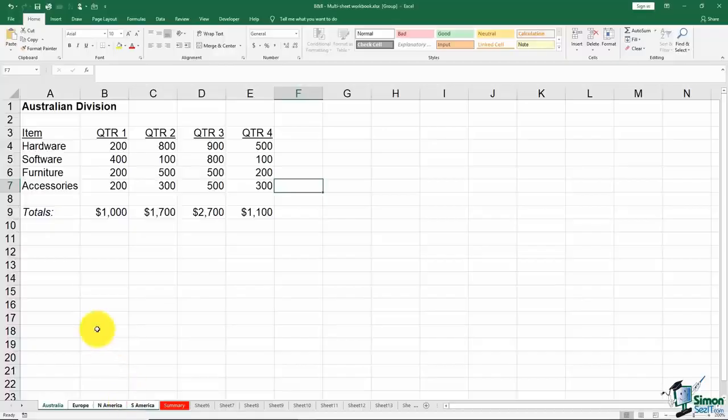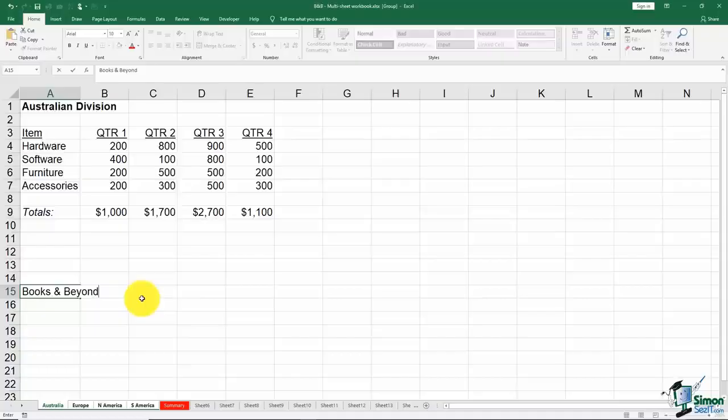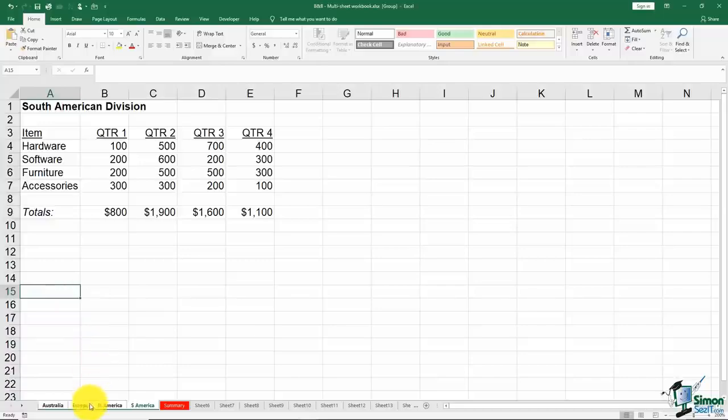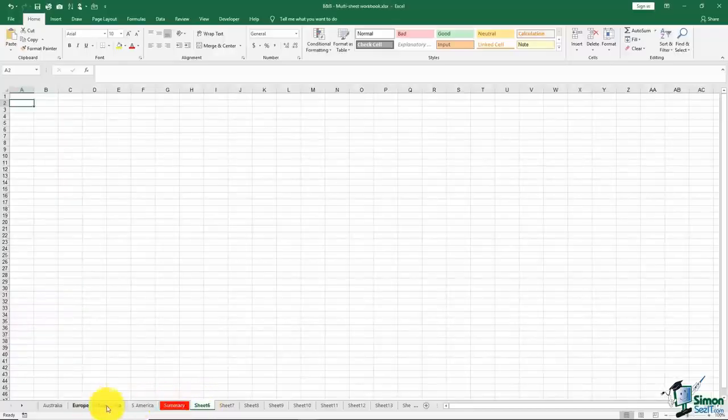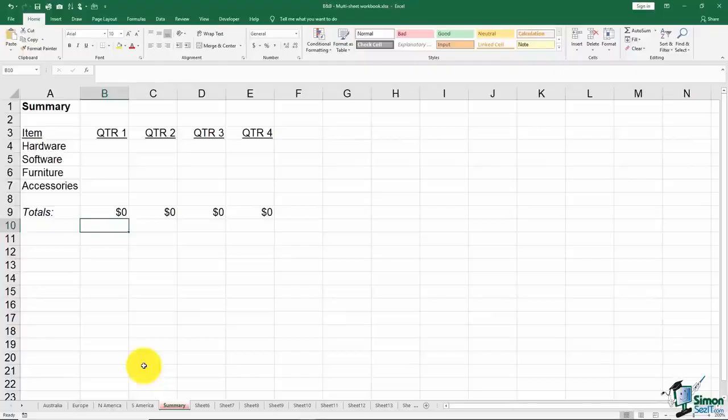Let me give you a little example. I'll put Books and Beyond here. Now I've just typed it on the Australia sheet, but notice I can click North America and it's in the same place. South America, it's in the same place, and so forth. I'm going to delete that. And then if you want to deselect a range of sheets, then you just go ahead and click a sheet not in the range. Now let me go back to summary and I'll show you how to write a three-dimensional